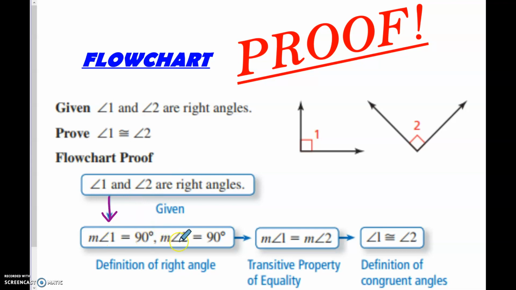1 equals 90, 2 equals 90, they both equal 90. So by the transitive property, 1 is equal to 2. And then this is one of those things that is pretty nitpicky that I am not going to be particular